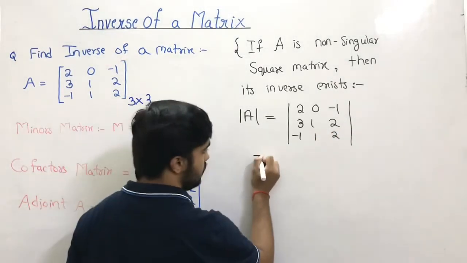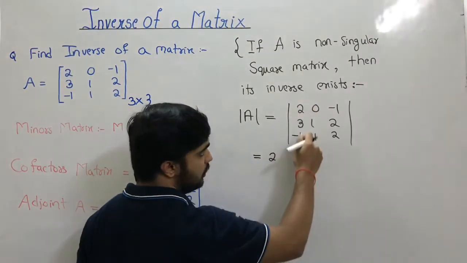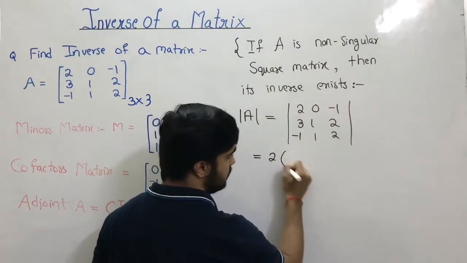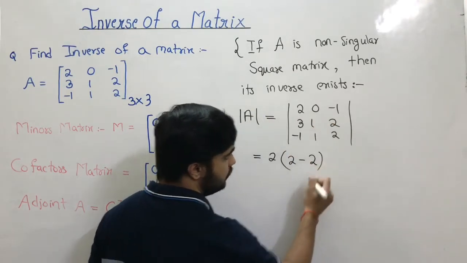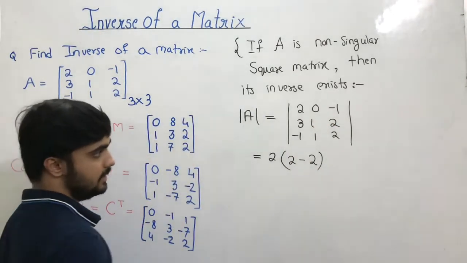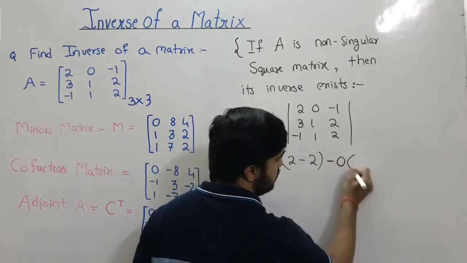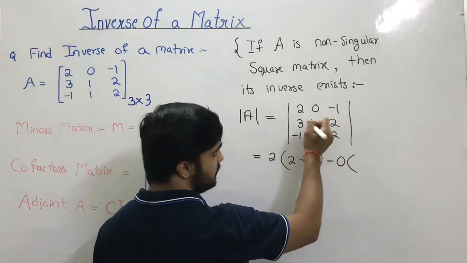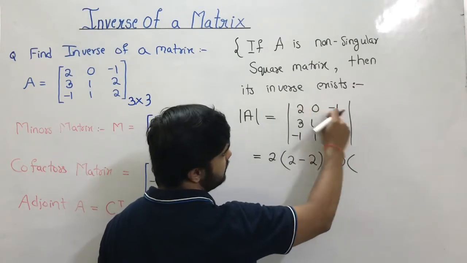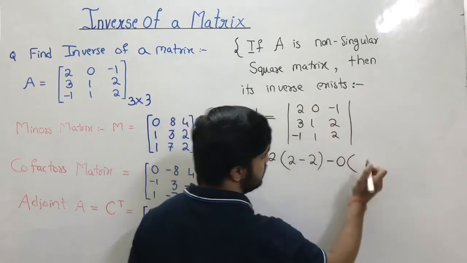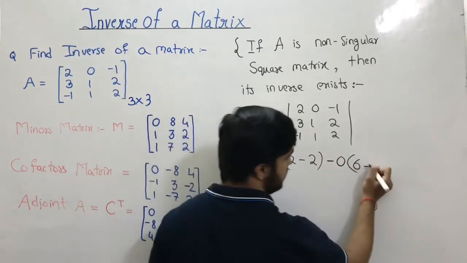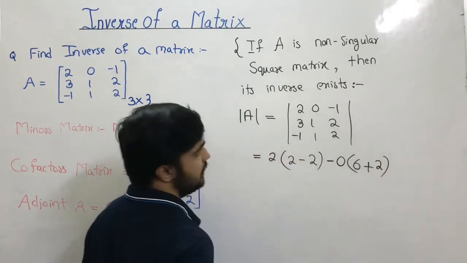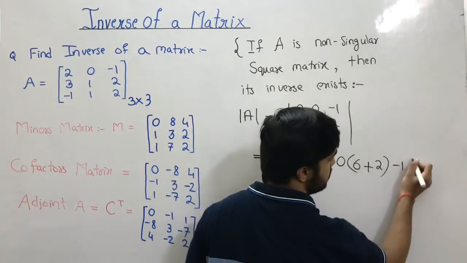So 3 by 3. So 2 as it is, row and column, we will write remaining things. So cross multiplication. So this is 2 minus 2. Next is 0, so it will be minus 0. This row and this column is gone. So it will be this and this gone. So 3 2s are 6. Minus. This is minus 2. So minus minus is plus. And third is minus 1.